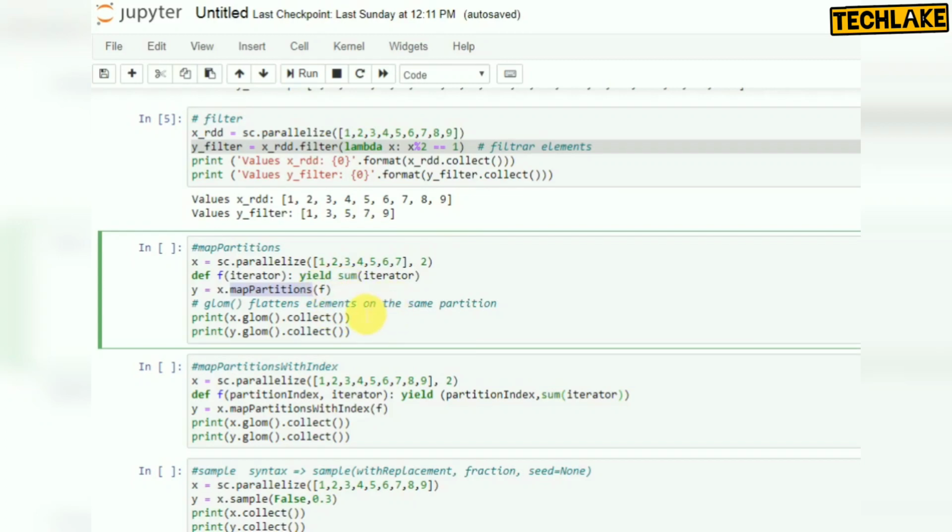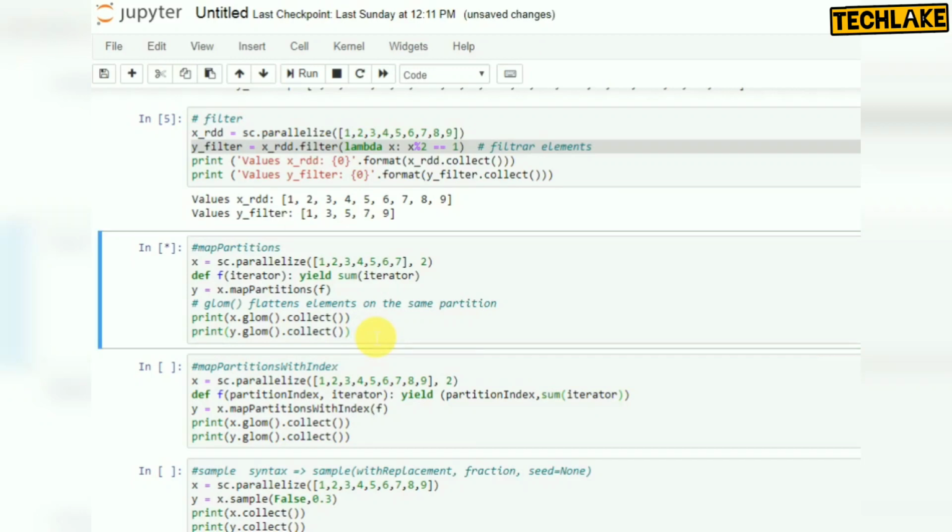The only difference is that map does the entire thing, but map partition goes partition-wise. And here we are using another function called glom. When data is displayed, it will display the flattened data. So instead of a single line, it will be separated by each partition.